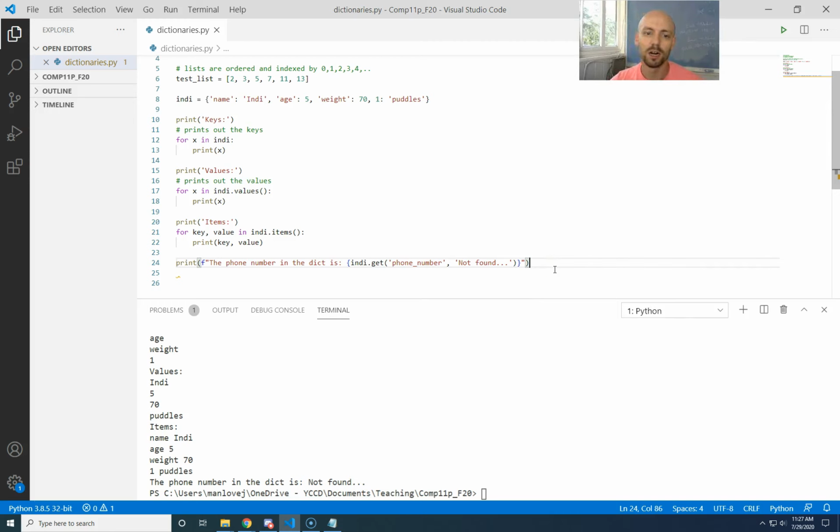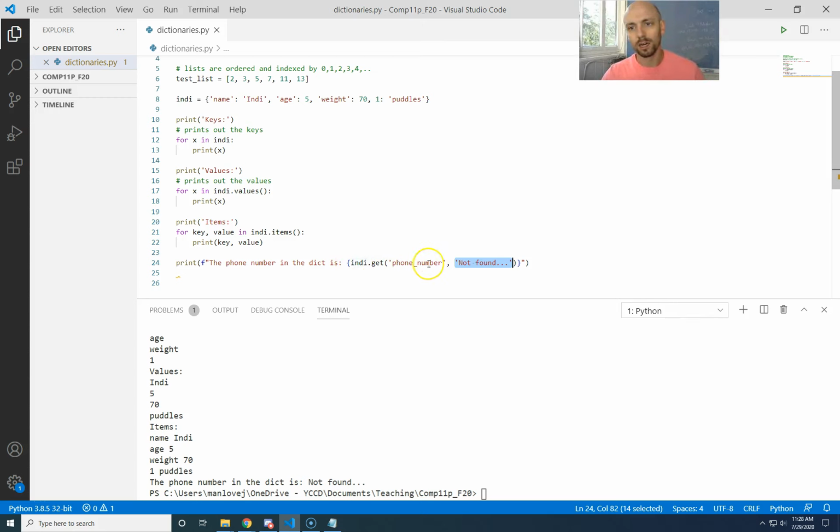If you want it to raise an error, use the square bracket method. If you want it to try and then have a default thing if it's not found, use this. Sometimes you want one, sometimes you want the other. Most of the time I want the get method. If you want to say something, you can either use this defaulting thing, or if you want it to act differently, you can use,